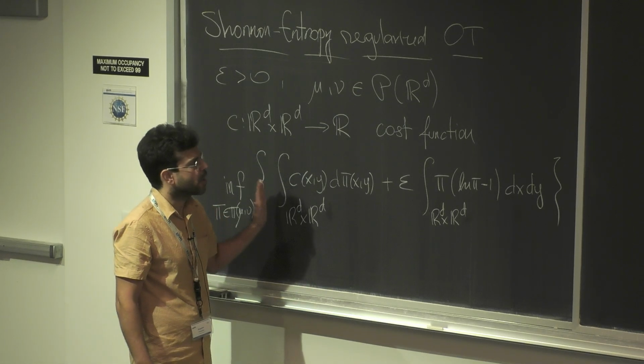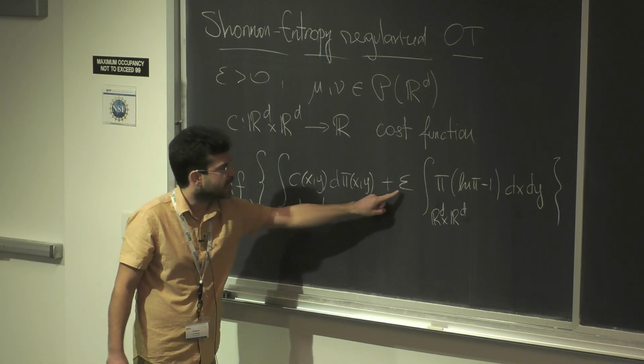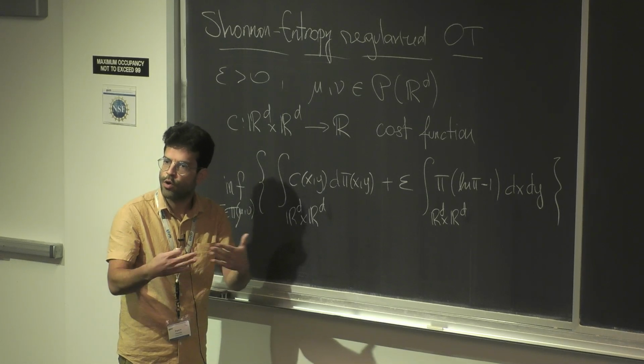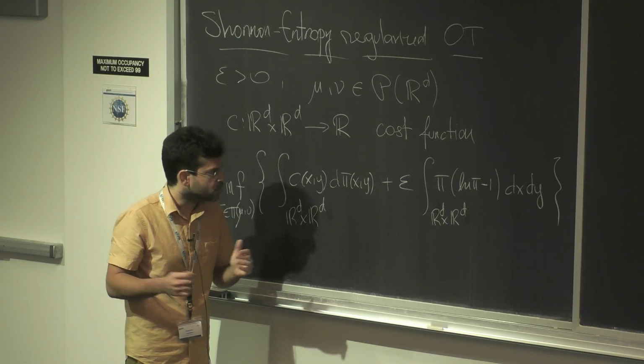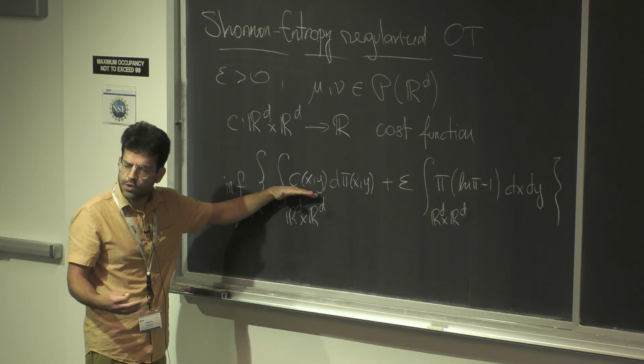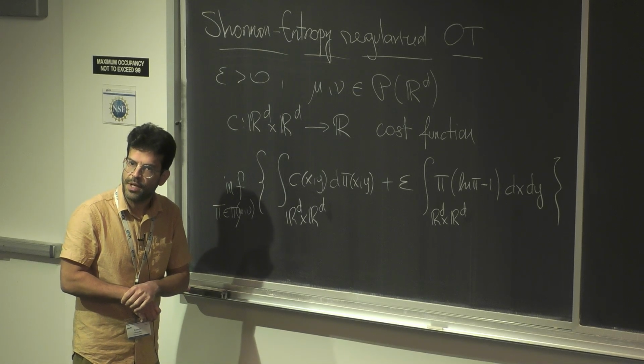So the main motivation is that we are gonna use this problem to develop computational algorithms, and we expect that if you are able to compute it for epsilon very small, we are gonna reach the classical solution of optimal transport. So for instance, if the cost function is the distance squared, I'm gonna reach the unique solution that is the Monge minimizer.